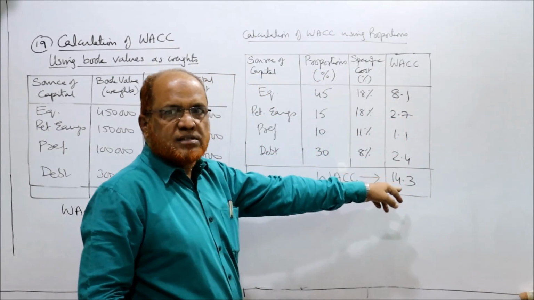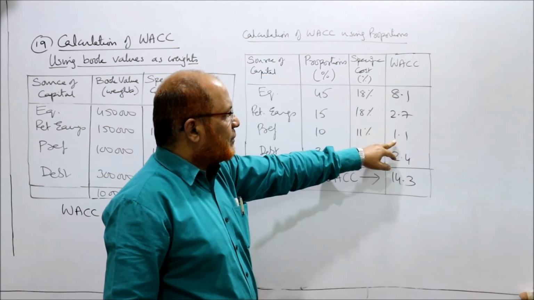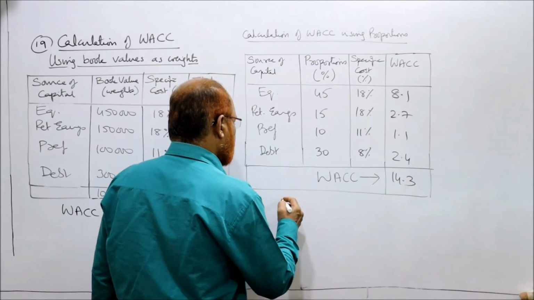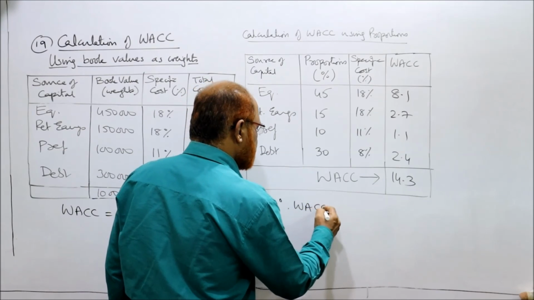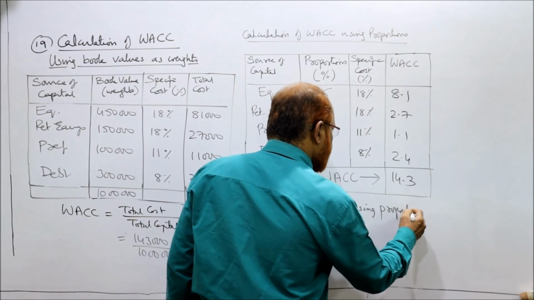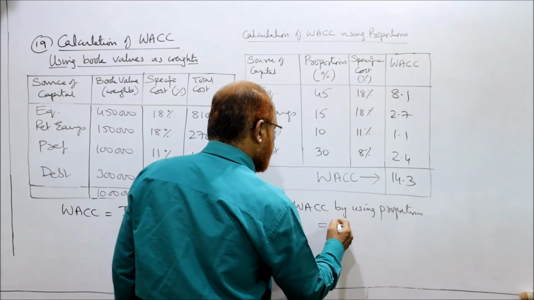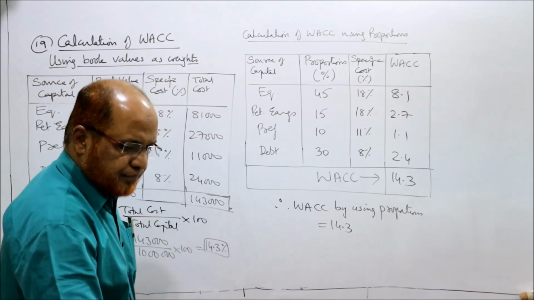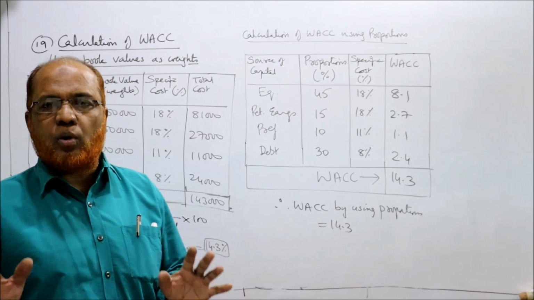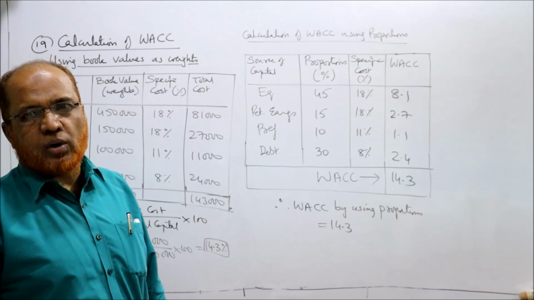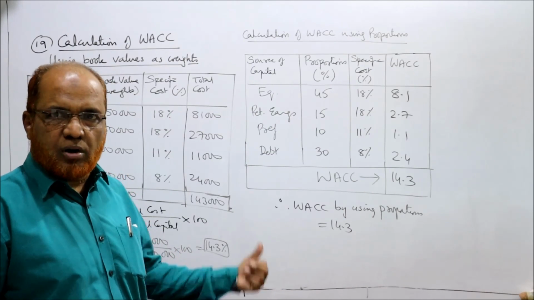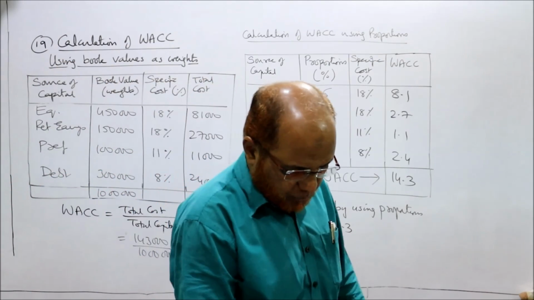If you find the total, 8.1 plus 2.7 plus 1.1 plus 2.4, you get 14.3. Therefore WACC by using proportions is 14.3%. So whether you find it from amount or proportion, you get the same answer, and the WACC is the same. It's your wish whether you take proportions or amounts. This is a new point we came across in this